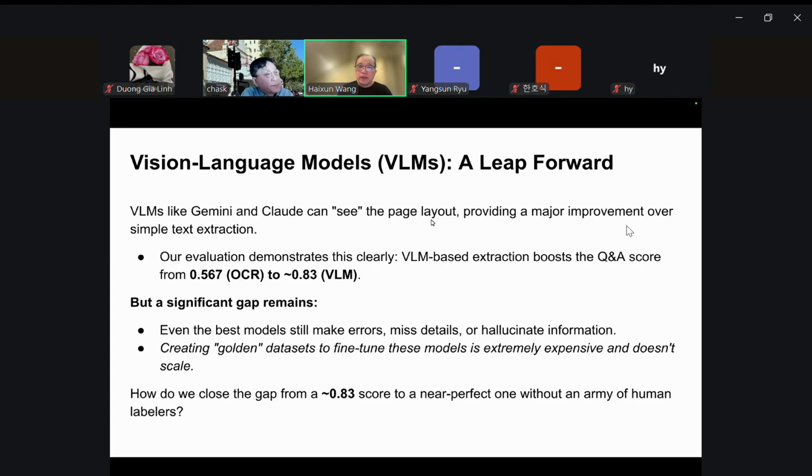So what we would like to do is, okay, can we have this vision large language model convert this image to text in the most appropriate way, so that the text will contain enough information to answer the most likely questions people will ask for this type of image, right?